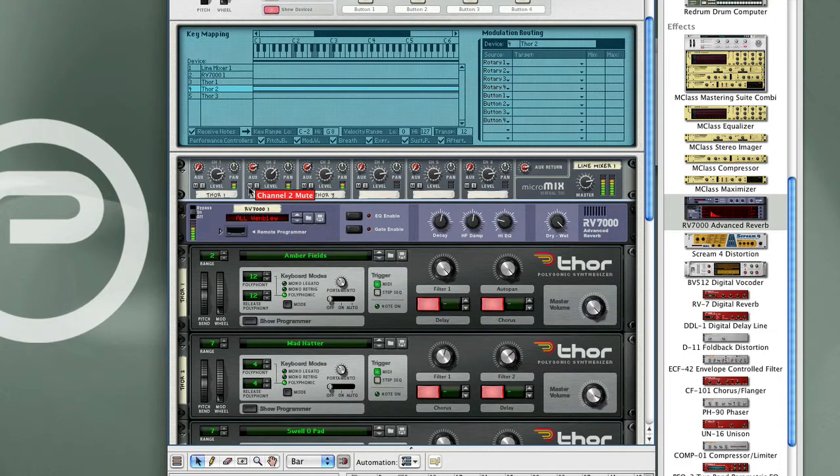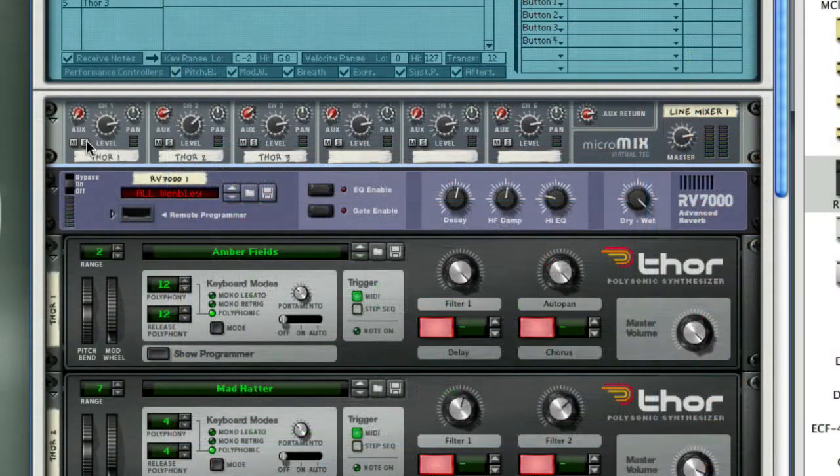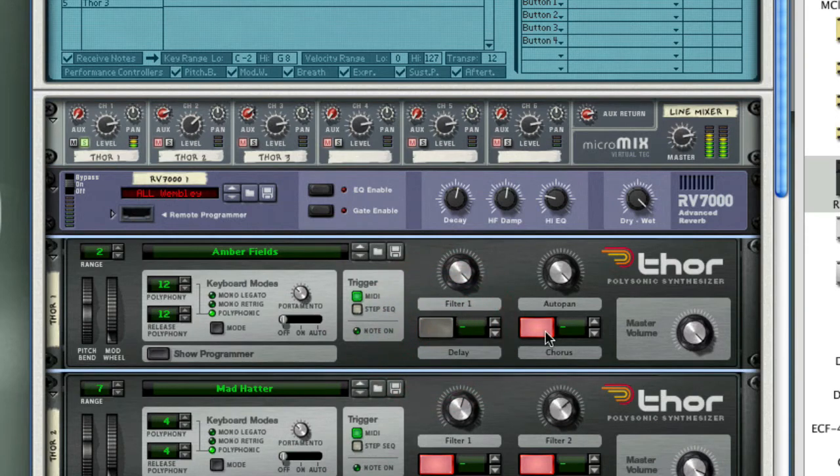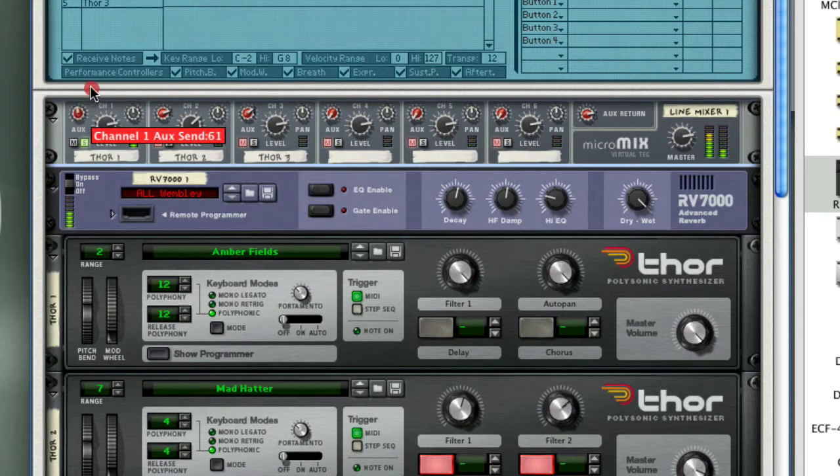Okay, let's take a closer listen to this Amber Fields patch again. You can see it has delay and chorus enabled on it. I'm going to disable these. Now disabling those effects gives the panning modulation a little more presence in the patch. So now when we listen to the whole thing,